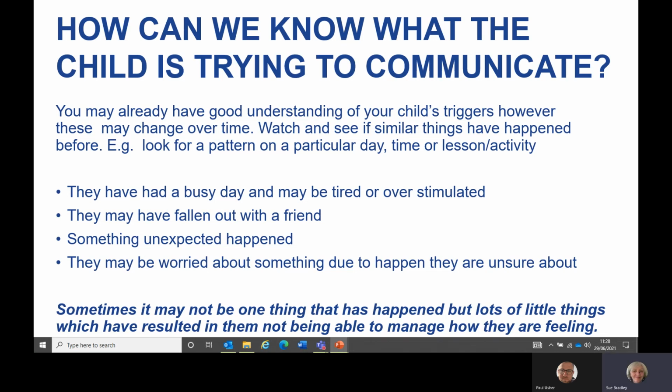I think we need to think of it a bit like a bank. And children may just need time alone and quiet to credit their emotions. Their bank account is empty because they've been overstimulated from being with people all day. They haven't had any time alone. They've been in a busy, noisy environment and they just need to just be.